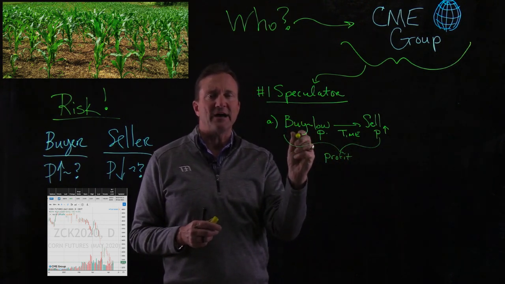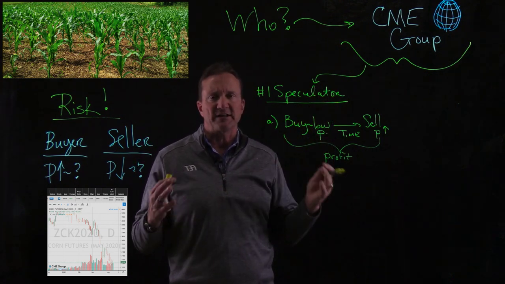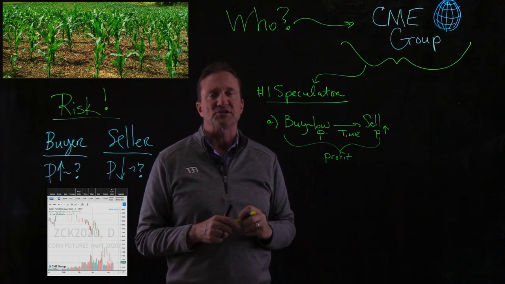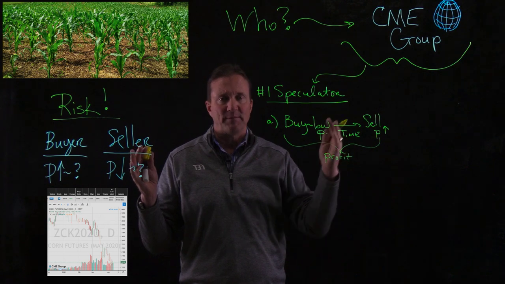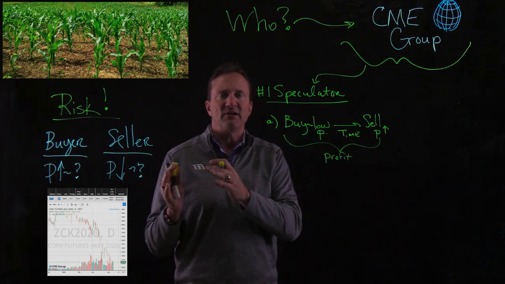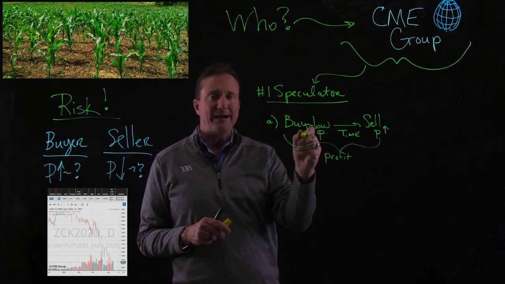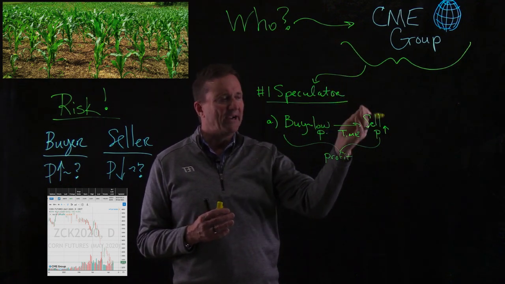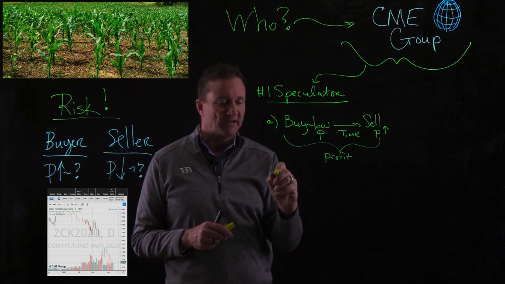If I can buy a contract in the futures market on this corn, remember the futures market is trading these contracts all the time. Lots of buyers and sellers come in there to put positions on contracts that will be able to be traded for a period of time. Remember, they're always out in the future. So let's say today is December, and they're looking at all through time here. If they think the price is low, they take a buy position on a contract. Later on, that same contract is now trading higher. They sell it. That makes them have a profit. That's what a speculator does.